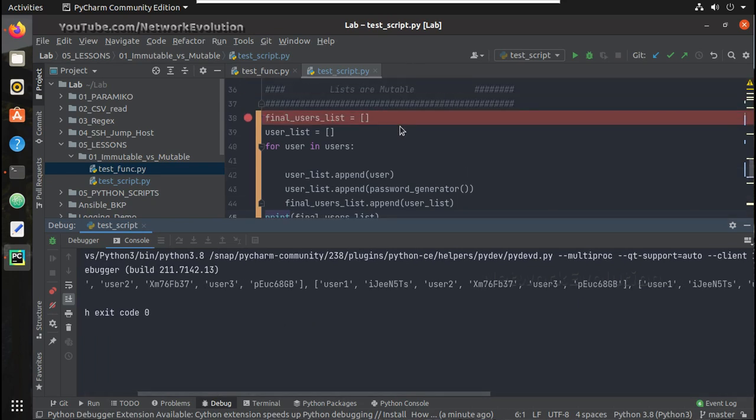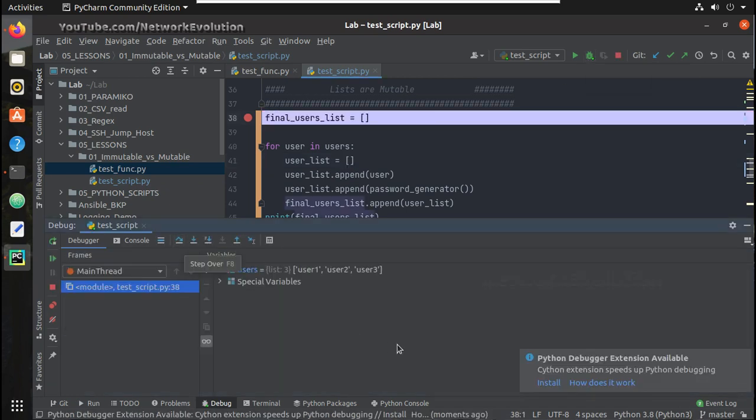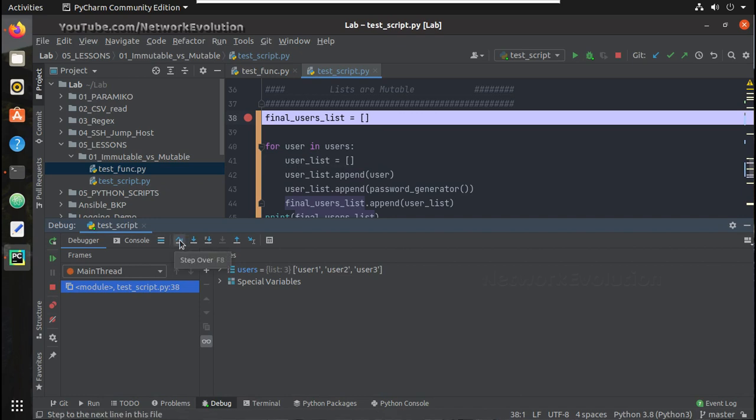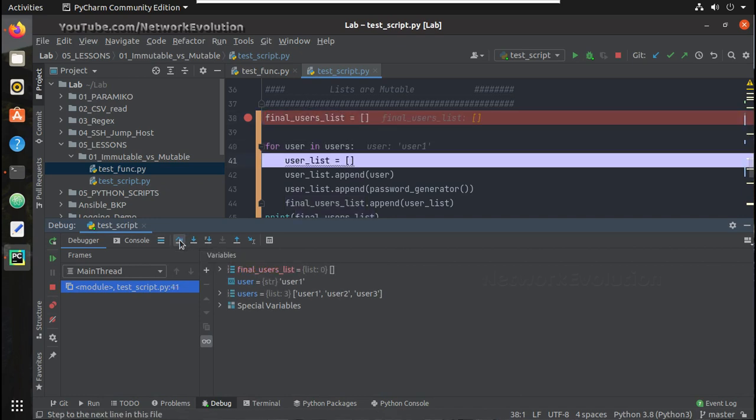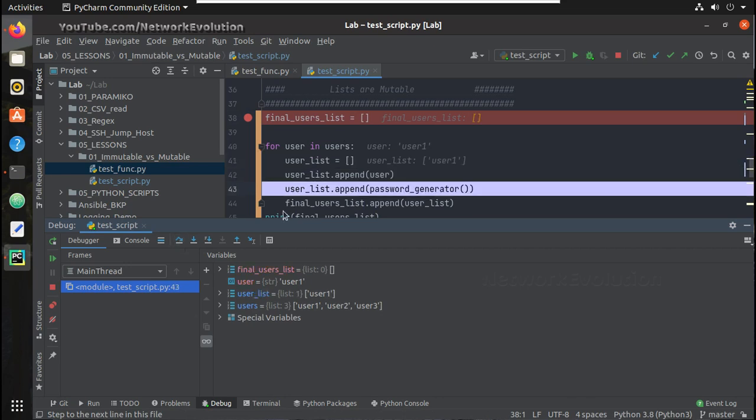Now let us move this inside for loop. And now we will do the step over. So user list is empty and it got appended.